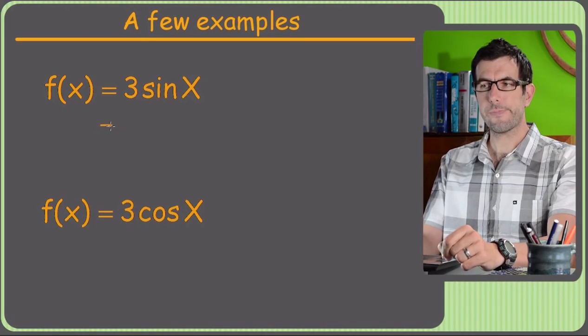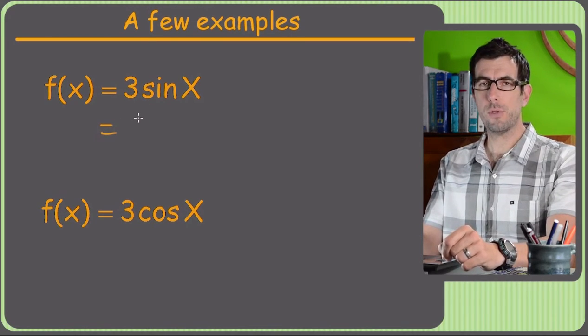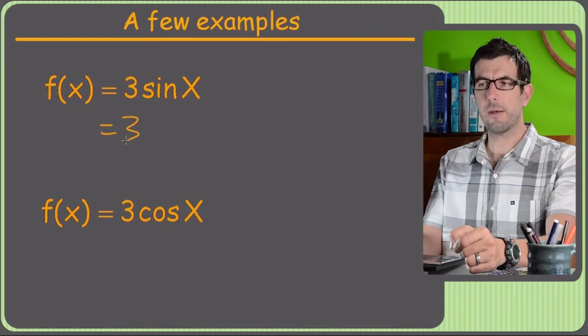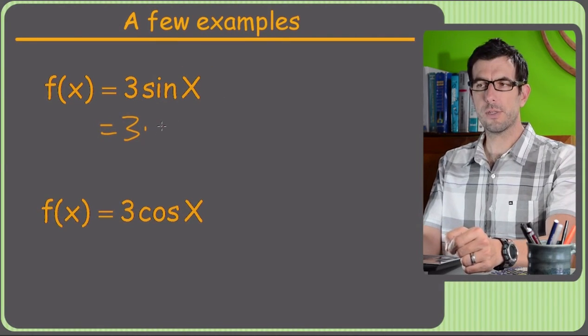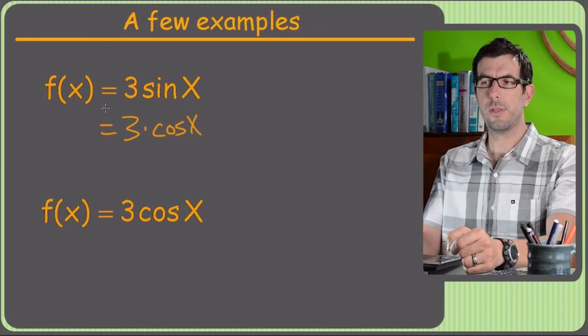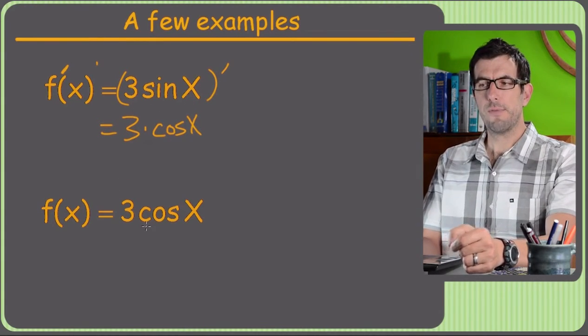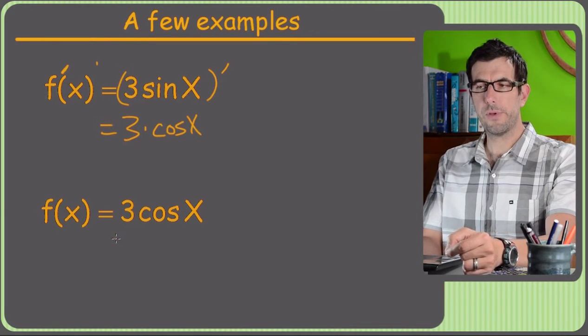Alright, so it's going to turn out these are very similar to the power rule and other rules we've already seen, where if you have a number out front, you're just going to leave it there, and then take the derivative of whatever is actually here. So the derivative of sine x is just cosine x. So the answer to this one, if we're taking the derivative of this, obviously, is going to be 3 cosine x. If you want to take the derivative of 3 cosine x, you get 3, and then the derivative of cosine x